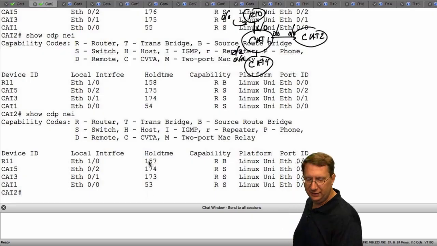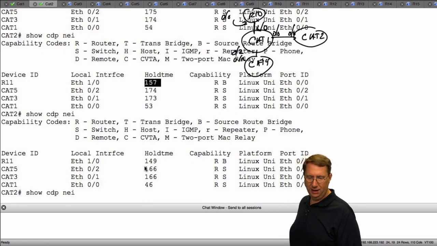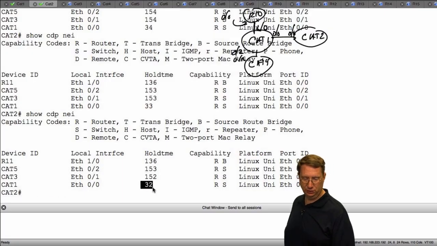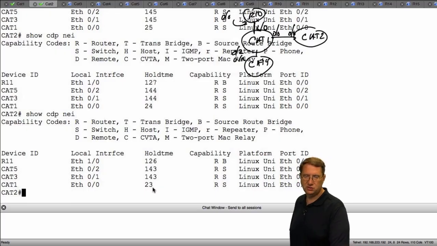So notice each of these. 175, 157. Let's watch it. 49, 48. When it gets down to just around 120, it should toggle and restart. Should dive back up. So 39. See what happens. Notice the timer here on Cat1 is still cooking down. 26, 25, 24. Sorry to drag you guys through this, but it's important for us to watch the behavior here